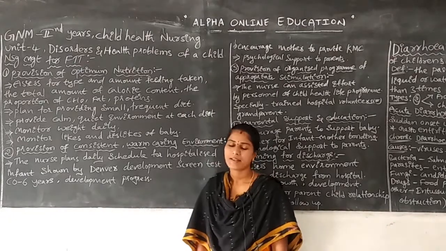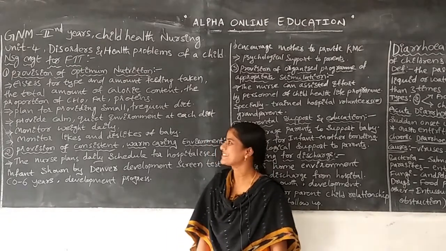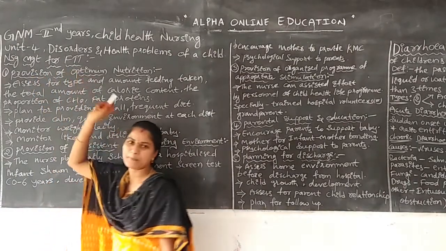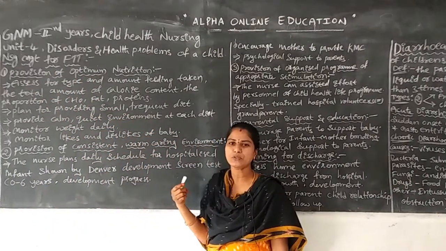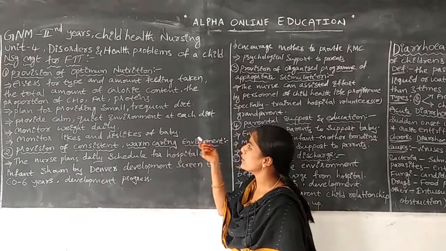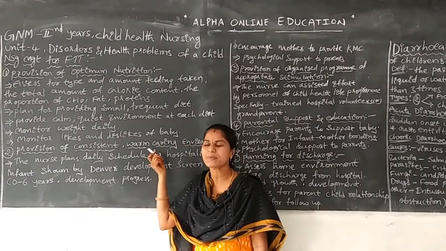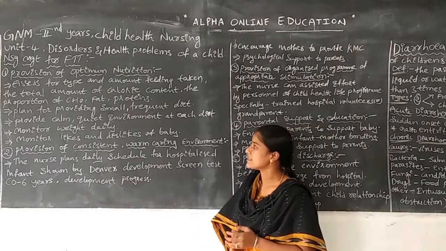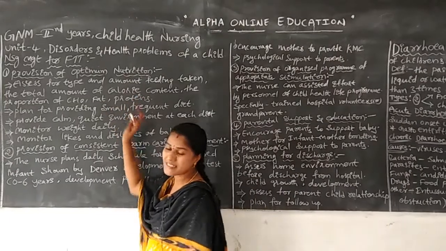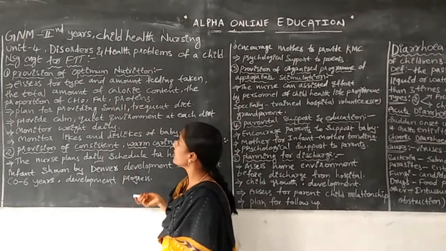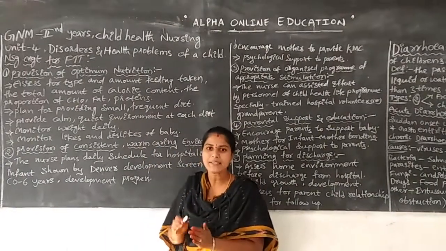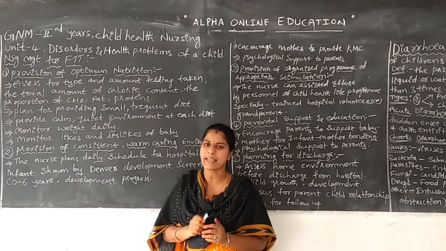Hi everyone, in this video we are going to discuss nursing management for FTT. Okay, FTT means failure to thrive. In this we are going to give special management for the growth failure infant. Okay, there are 5 steps for giving care to the infants who are suffering with less weight and less height according to their age.